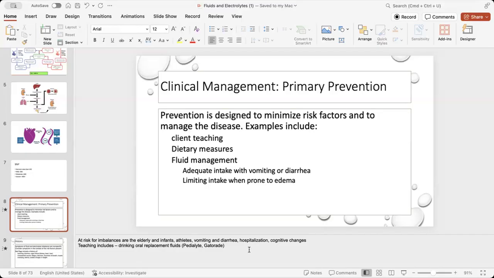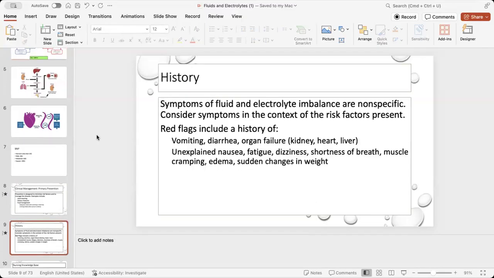Are there some people that need to watch their intake though? Yes. Think about those patients who have heart failure, who have kidney disease. They can't filter, chronic kidney. We have to make sure that they have enough fluid so that we don't fluid overload them, okay? Everybody's at risk, okay? When you look at a client who has fluid and electrolyte imbalances, a lot of times they're non-specific.